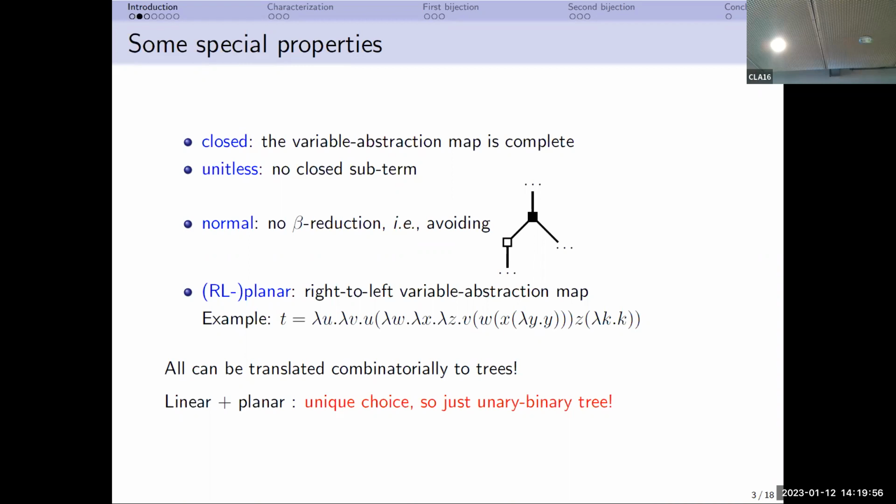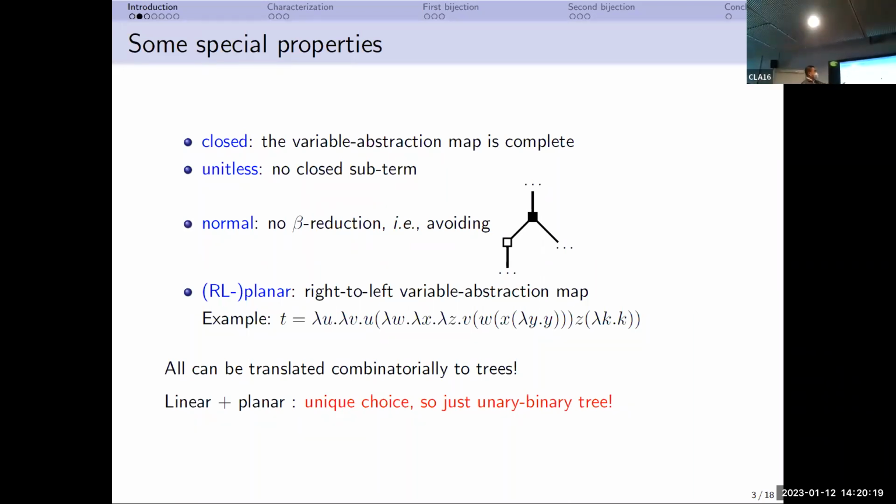And for linear terms, of course, they are all closed because they are bijections. When we say that a term is unitless, it means that it has no closed subterm. And later we will see that we can also see it combinatorially. A lambda term is normal if there is no beta reduction. That simply means on the graph,